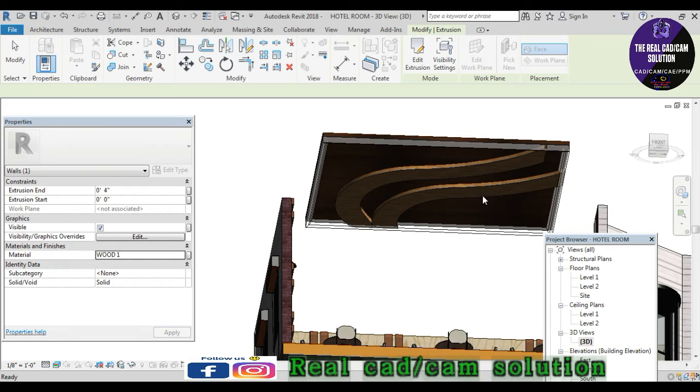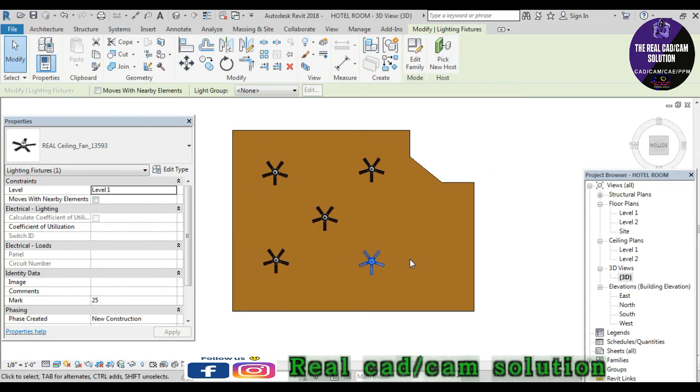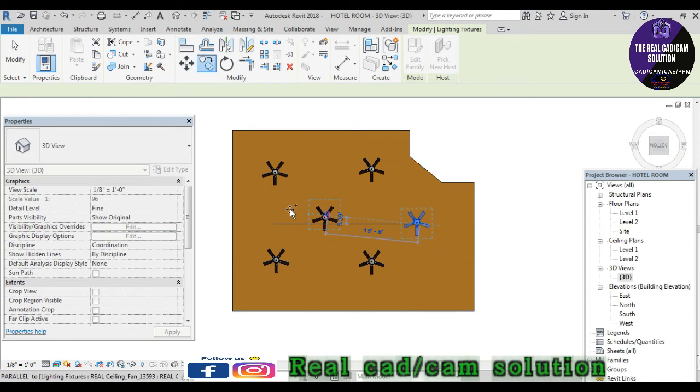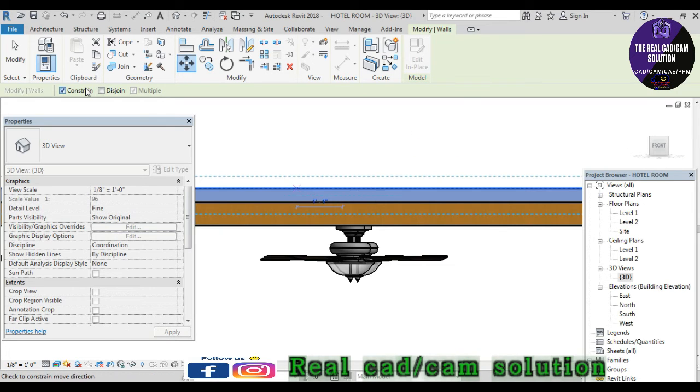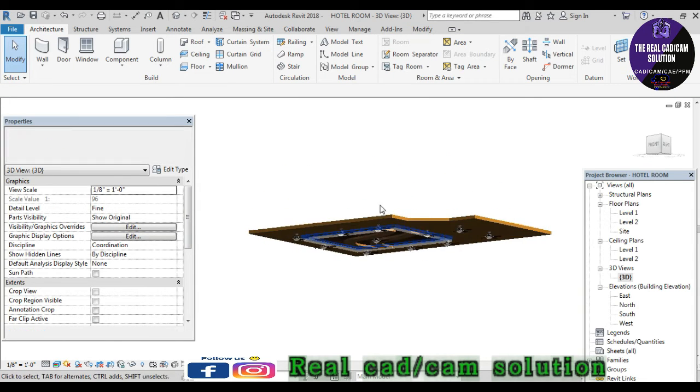Go to some light settings also. First of all, I set my fan into the section of the ceiling fan. I choose my component, just design like this, all my fan components also. Okay, I finish the fan, copy like this. Okay, and then move towards the correct section of the view. Okay, my fan is almost finished.